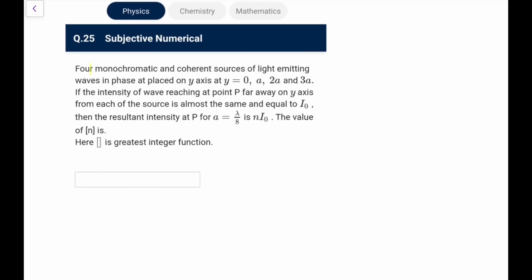Next, four monochromatic and coherent sources of light emitting waves in phase are placed at 0, a, 2a, 3a, like this. If the intensity of wave reaching at a point P far away on the y-axis from each of the sources is almost the same and equals I naught, then the resultant intensity at P for a equal to lambda by 8. Okay, so the first path difference delta x1 between these two would be a equals lambda by 8,